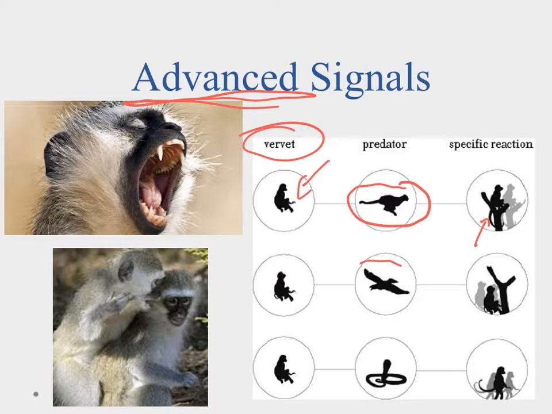Now, if they see, let's say, a predatory bird like an eagle, they will also give a signal, but this signal is a little different. Instead of climbing the trees and becoming food, they'll hide under the trees, and that allows them to move that way. And finally, if it's a snake or some other predator, it'll cause a different behavior, whatever would work best to avoid the snake. So these vervets can recognize different predators, and they have a separate behavior and a separate call for each one. It's an advanced system of communication that we're seeing there.